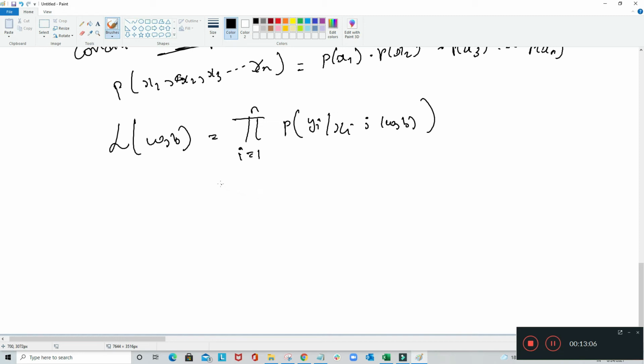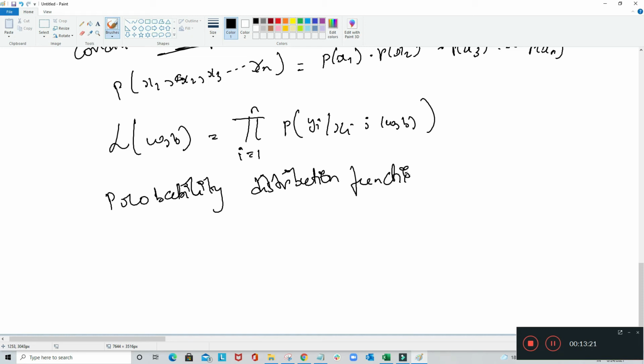And when we find the probability distribution function for the above equation, PDF of above equation, this can be rewritten as